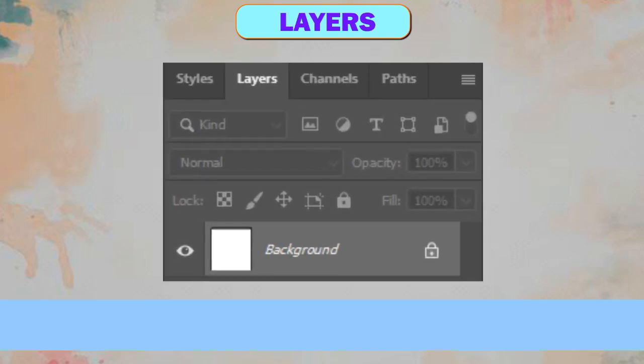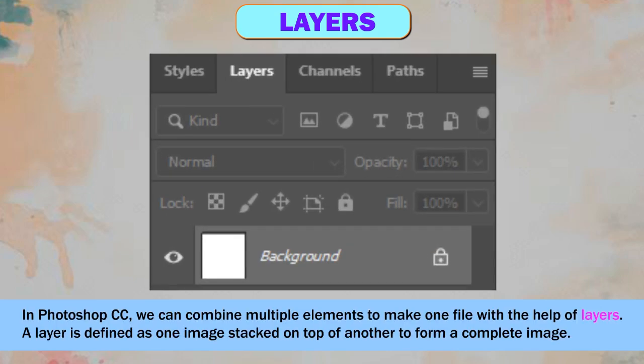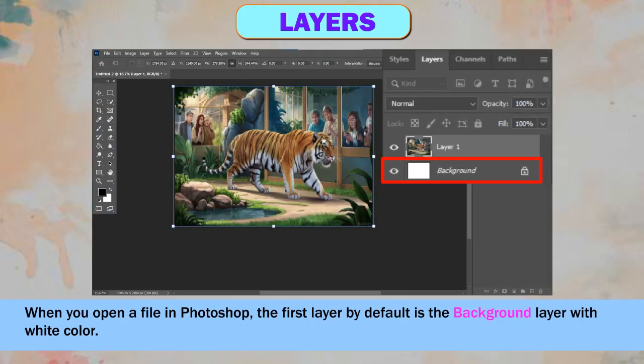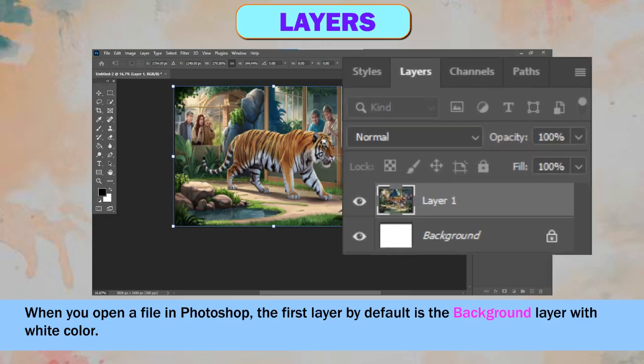Layers. In Photoshop CC, we can combine multiple elements to make one file with the help of layers. A layer is defined as one image stacked on top of another to form a complete image. When you open a file in Photoshop, the first layer by default is the background layer with white color.